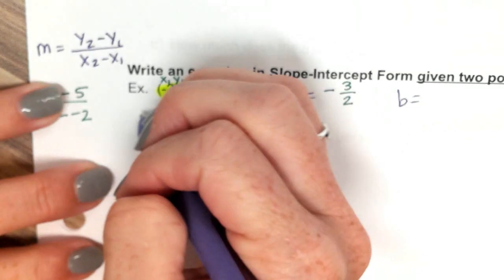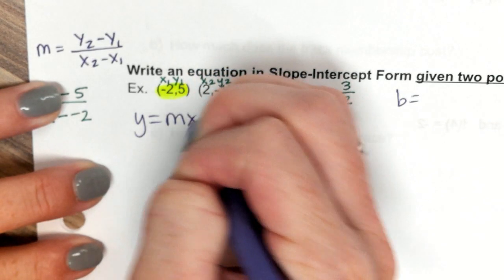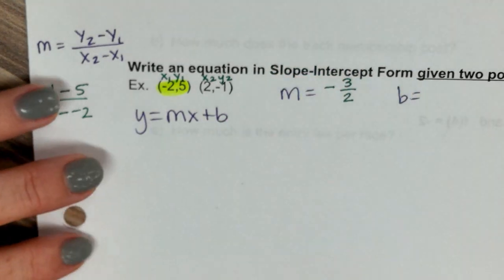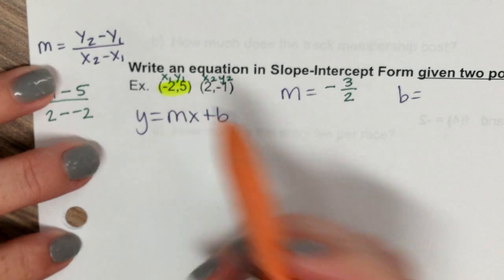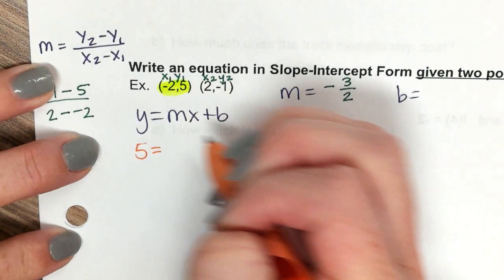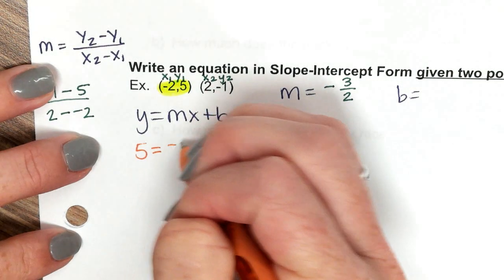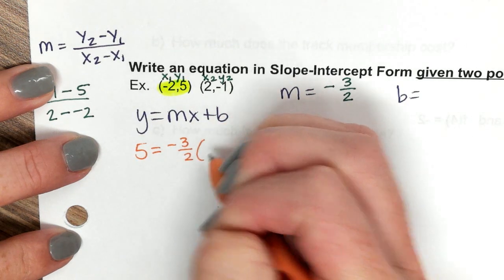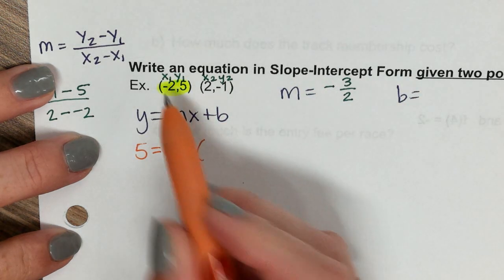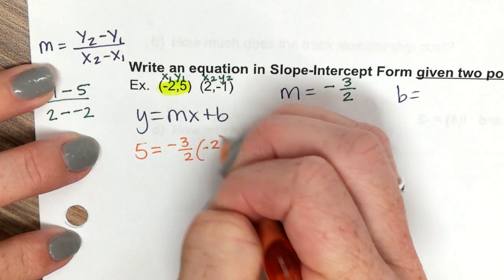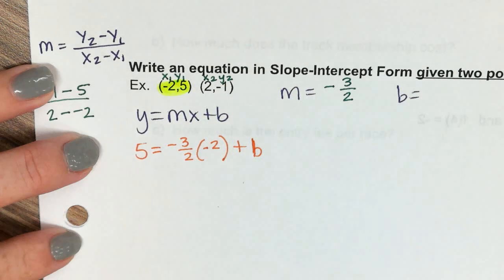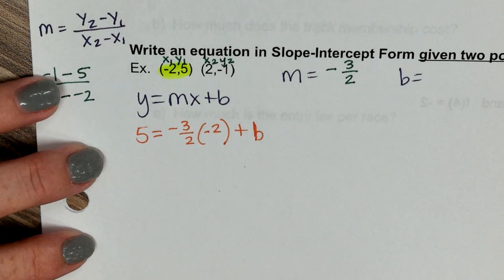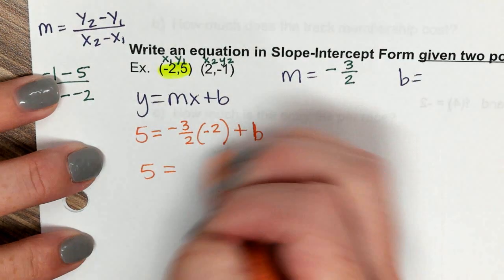So I'm going to write my equation: y equals mx plus b. I'm going to plug in 5 for y, so 5 equals my m, negative 3/2, times my x, negative 2, plus b, which is what I'm solving for. So I have 5 equals